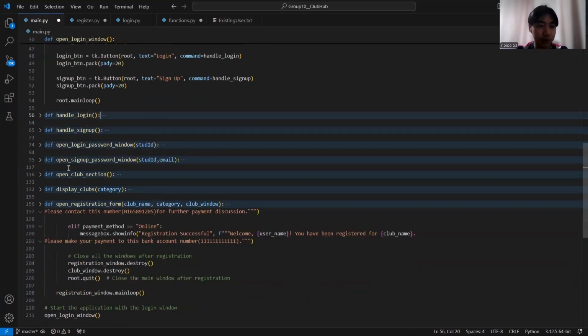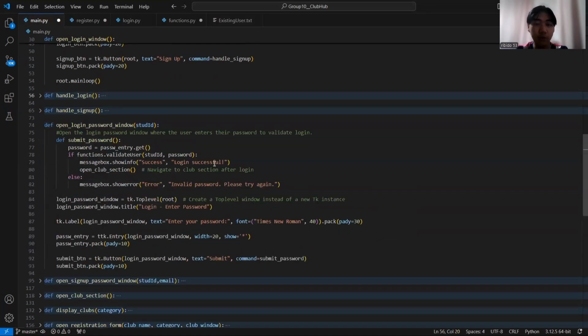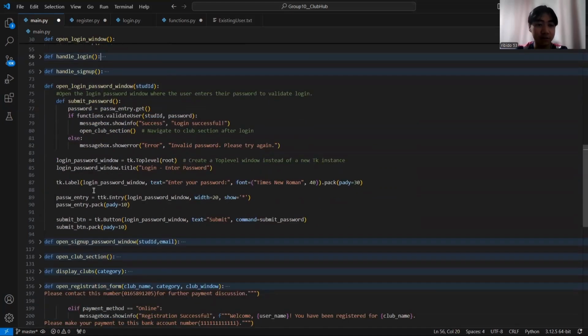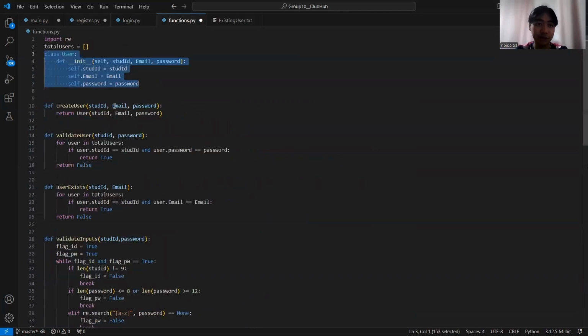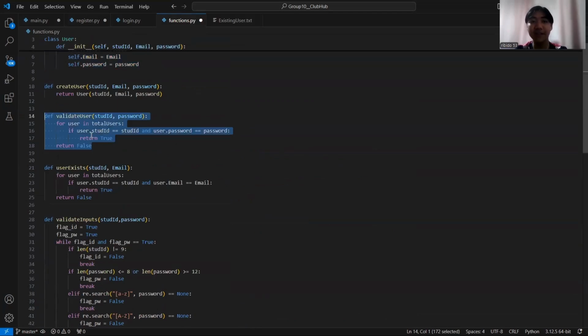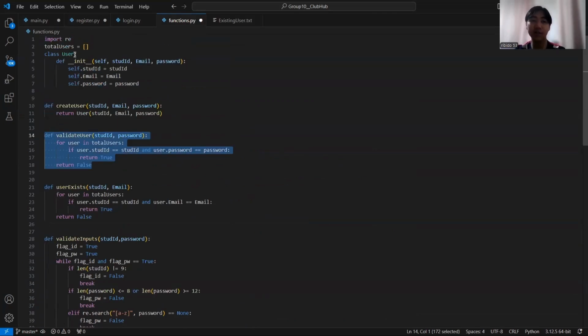window. And as you can see here, open login password window runs the function validate users, runs the function submit password, which consequently runs the function validate user from the functions module. So what it does is that it just checks within the total users list that we've established earlier. They check the student ID of the users, and whether or not the password that they input match up with the student ID and match up with